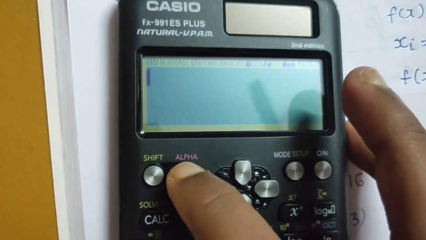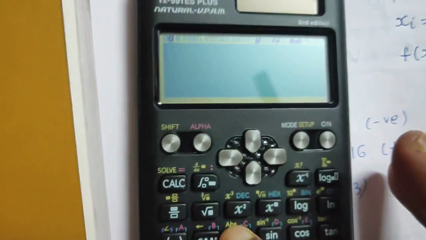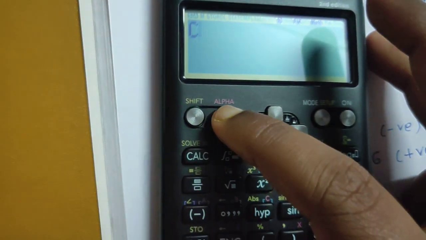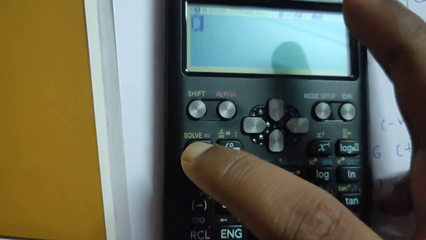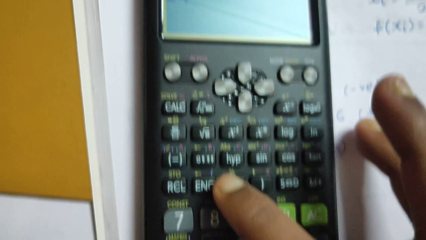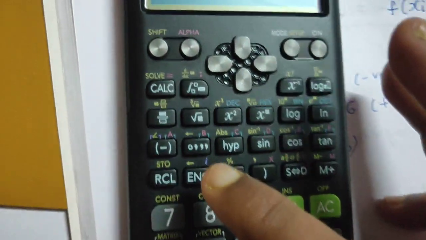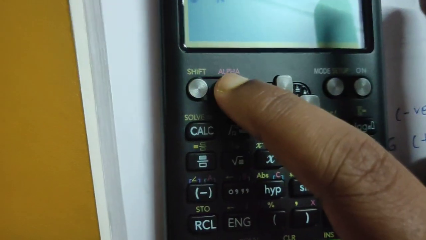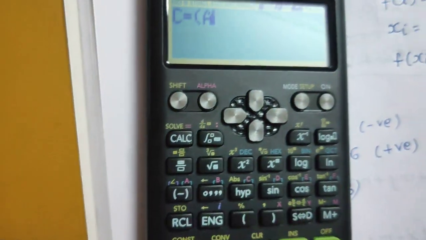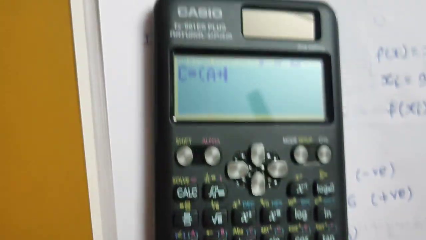So instead of that I am saying c. So alpha, here is a c, equals to, not this equal to, you have to use this one, alpha, and solve. So c equals to this bracket opens, and again because you have to type in a, so you have to press alpha a. Okay, then plus you can use this one also,